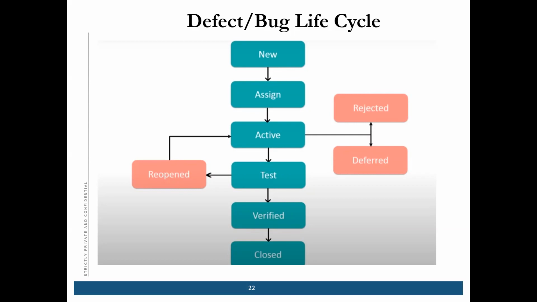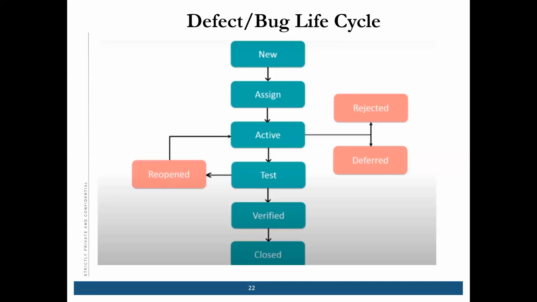But if the tester says, no, I have confidence that this bug should not be rejected, and it's an open bug, or it should be an active bug, then there could be some meetings also. The developer and tester can join together with their leads, or the clients can also get involved, to find out whether this bug which the tester has opened is correct or not. So there could be many ways of resolving it.